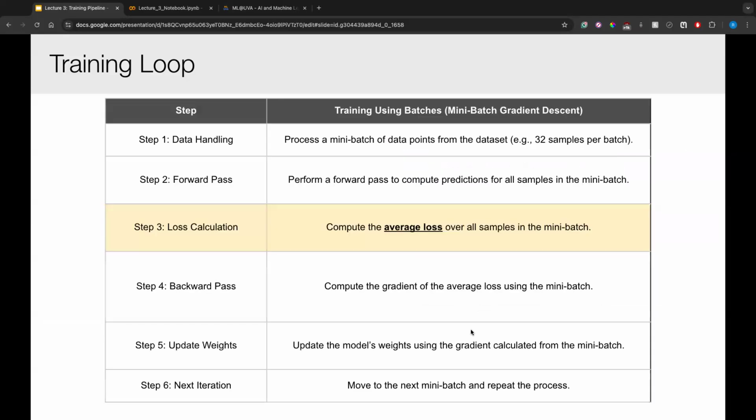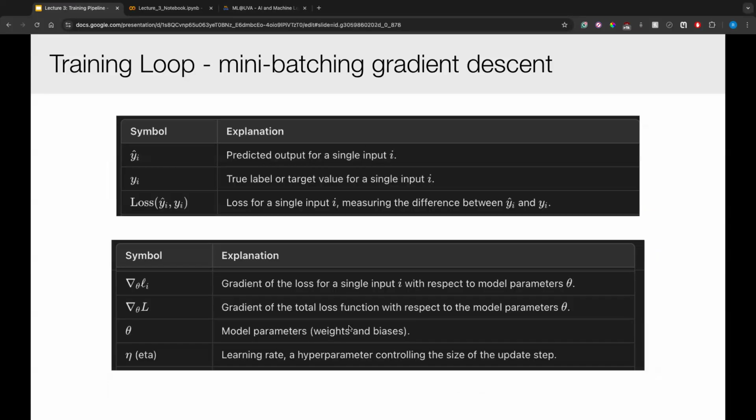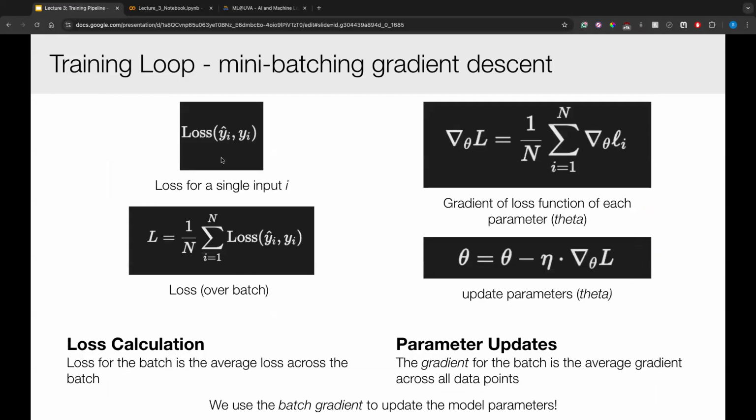So why do that? Before we get there, let's talk about how grouping up our data and sending that through the model changes the process. The nice thing is it barely changes our process. I have it here formally just in case you want to see it, but what it really changes is how we calculate our loss. This is just a quick key, in case you want to review the lecture later. So if this is the loss for a single point i, for a single row of data,